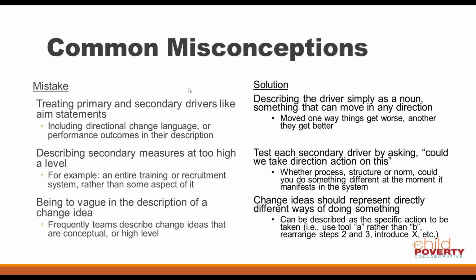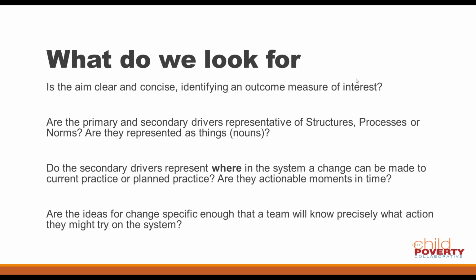If we click to the next slide, these are the things I was looking for. One: is the aim clear and concise? Because the driver diagram incorporates the aim statement, I'm still going back to that as a real anchor point for setting direction and setting boundaries on where we plan to take action. I'm looking for that to be really clear, and ideally, is there a measure contained within it that we might be able to use to objectively say if we're making progress? We're going to talk more about that today when we get into measurement.